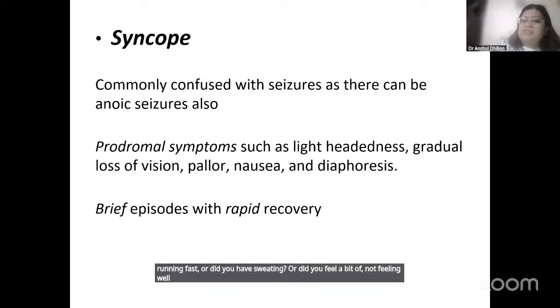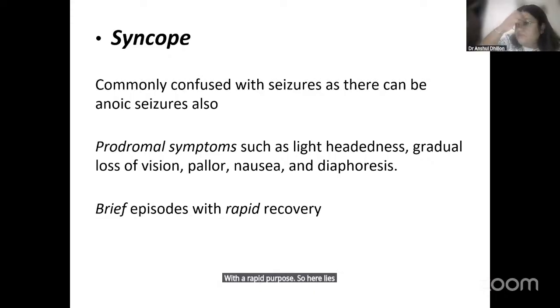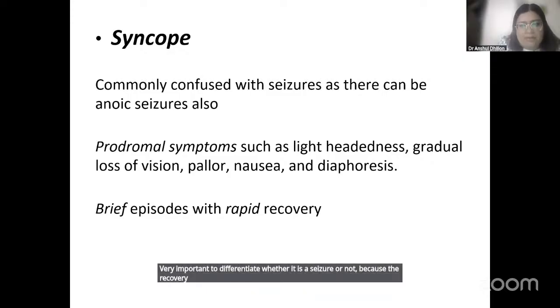And if there was a symptom like that, or you were standing too long, or it was hot weather, then how much liquid you drink every day. So these episodes are very brief with a rapid recovery. So here lies the importance of differentiating whether it is a seizure or not, because the recovery might take a long time if it was not a syncope, and the child could be drowsy for a long time, maybe a couple of minutes, 5 to 10 minutes, and could sleep after the episode,